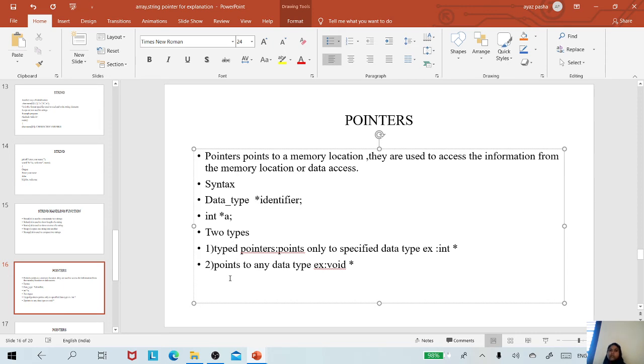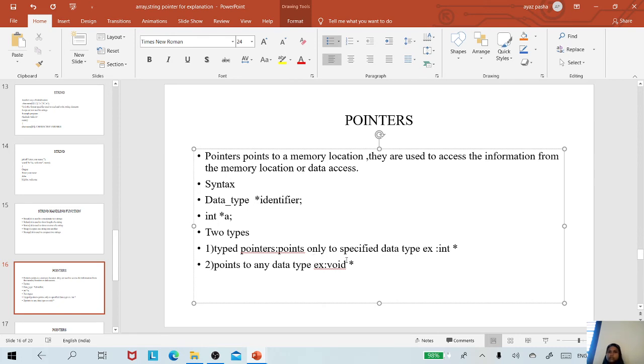There are two types of pointers. More about this pointer we will understand clearly in the following example. Before that, let us see how many types of pointers there are. The first is called a typed pointer, which points only to a specified data type, and the other one points to type void, no data type.